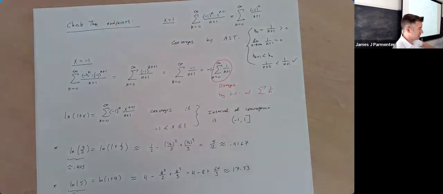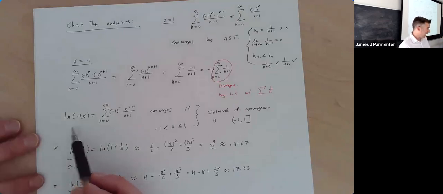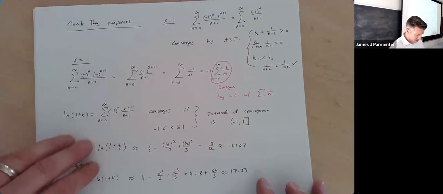So the whole point to see here, the thing to take away from this, is that we can say that this function is equal to this power series only for the values of x in the interval of convergence. So we get to say that the natural log of 1 plus x is equal to x minus x squared over 2 plus x cubed over 3, et cetera, as long as x is between -1 and 1. Cool. The thing that I kind of skipped over, but I definitely should roll back around to, is